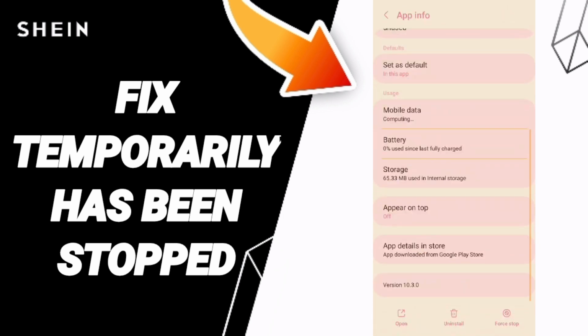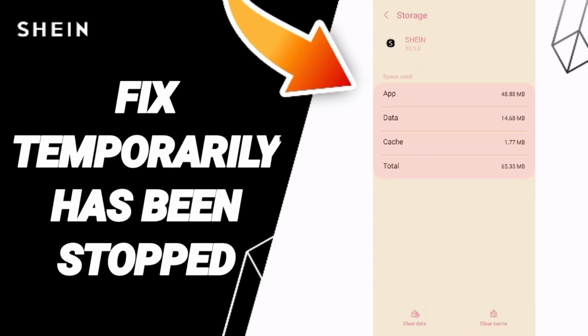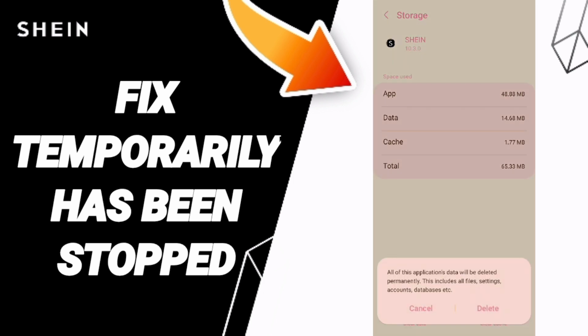Then you can click on force stop and you can click OK. Then you will enter the window of storage. Then you can click clear cache. But pay attention, don't click clear data because that can cause you errors in your app or can delete your